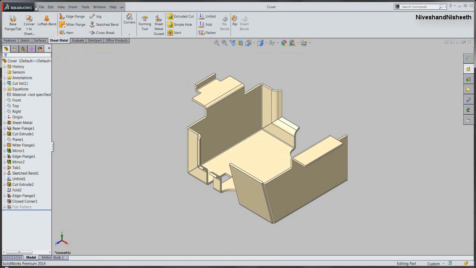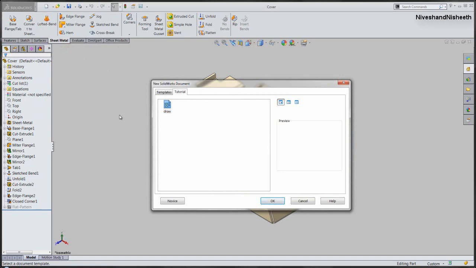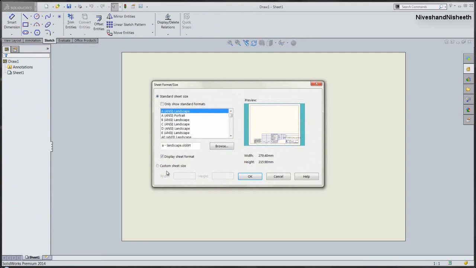Go to the File tab and activate the Make Drawing from Part command. Click OK. Now you can see here my drawing sheet is already set as ANSI inch landscape sheet. Now click OK once again.